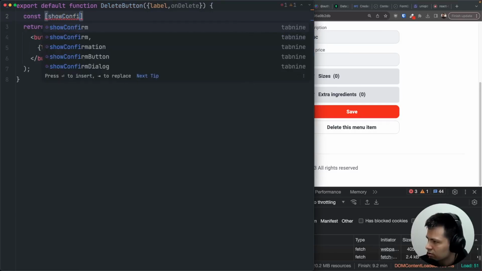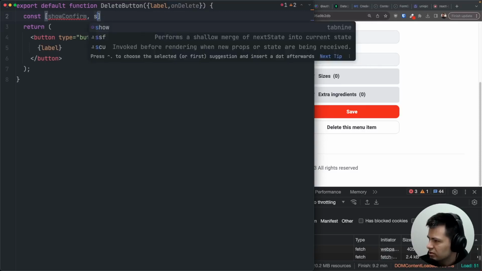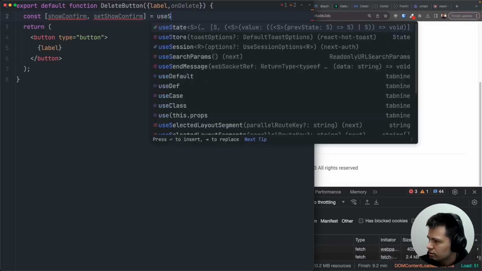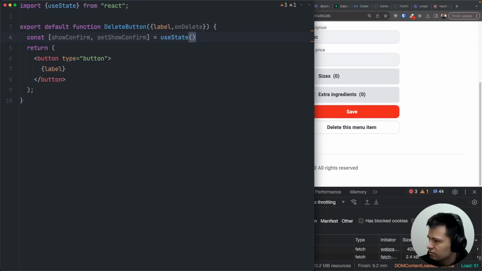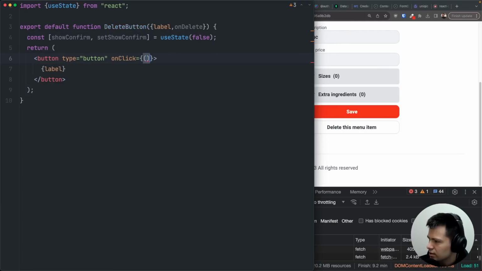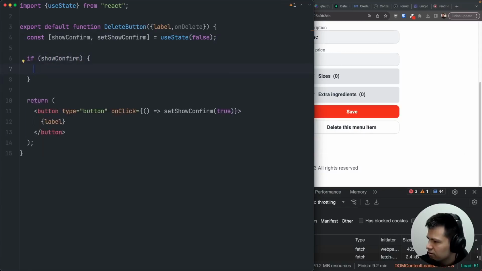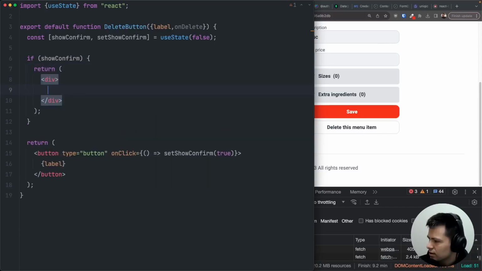Show confirmation. I don't know if it should be show confirm, maybe show confirm, and set show confirm equals useState from React, default will be false. And when you click on this one, on click, it will just run an arrow function doing set show confirm to true. And now if show confirm, instead of this button, we will return here a div,